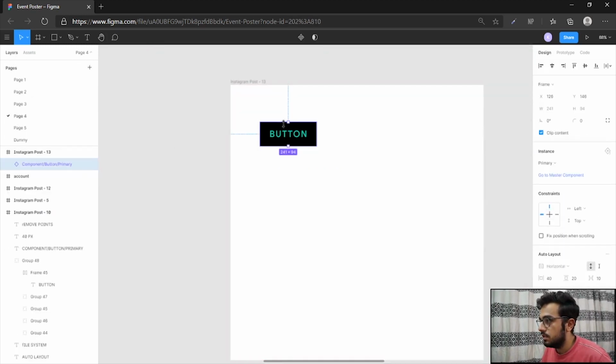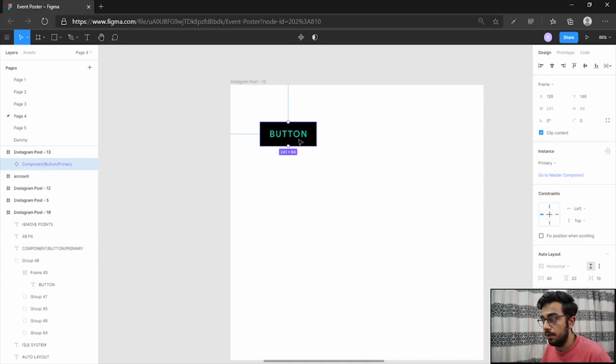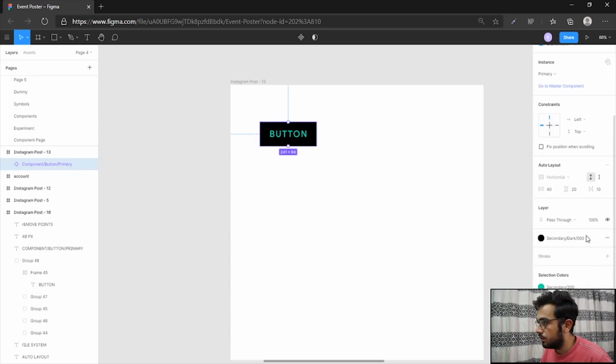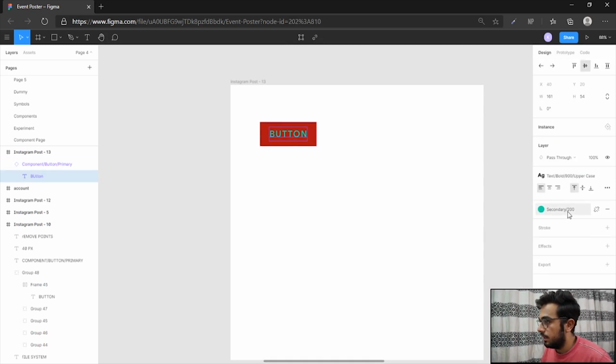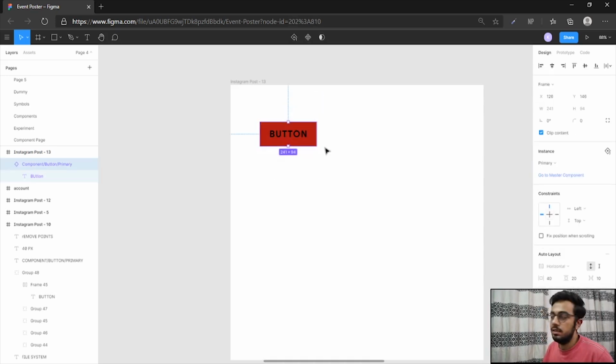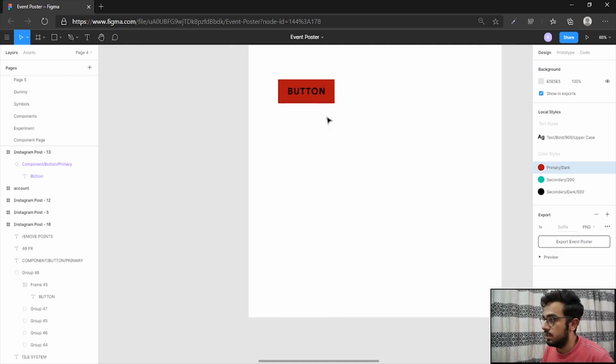How would you know that it's an instance? You simply click on it and see that there's an empty square on the layers panel. So this is an instance of the component that we created. This is editable from here, and if you want to edit it individually, you can also do that. So we can simply click on this color and change it, and we can select this text and change this color to another color, say black. So you can edit all the instances of a button or any other component, and you can build multiple components based on the smaller components that you create.